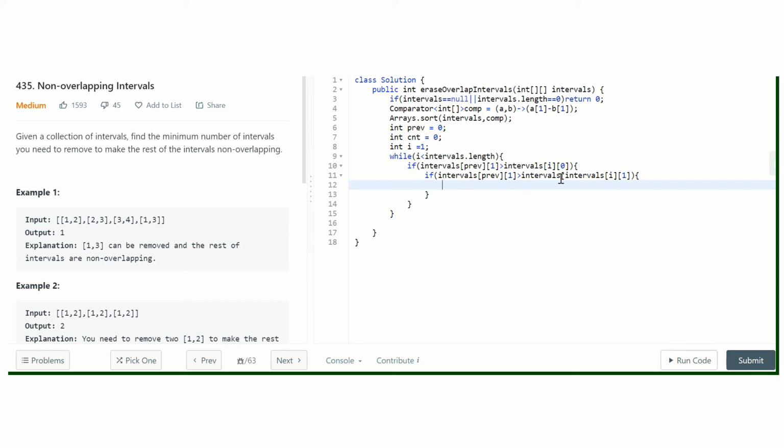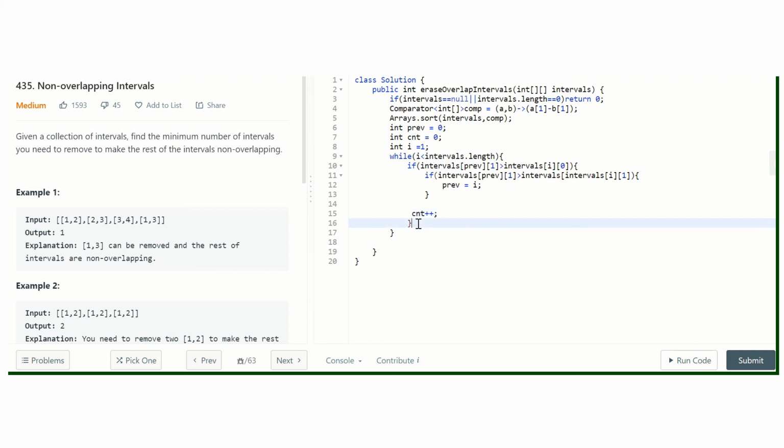So we have removed this interval and will set our previous variable equal to this i. This is the case where intersection happens, so we'll need to increment our count as well.